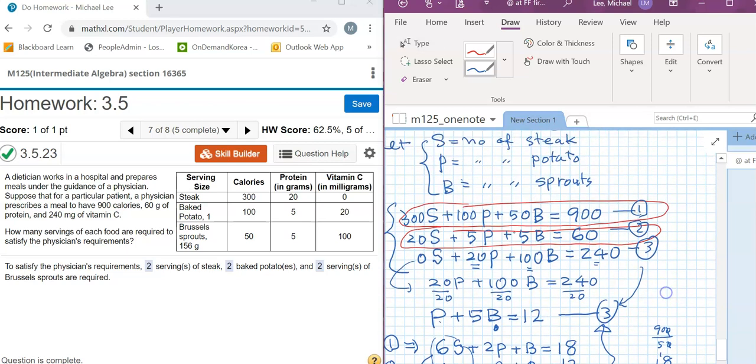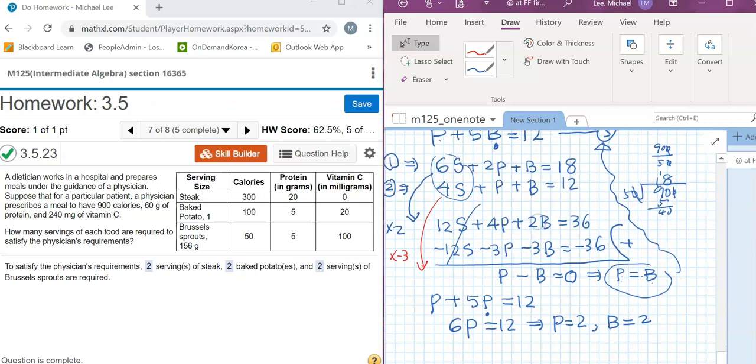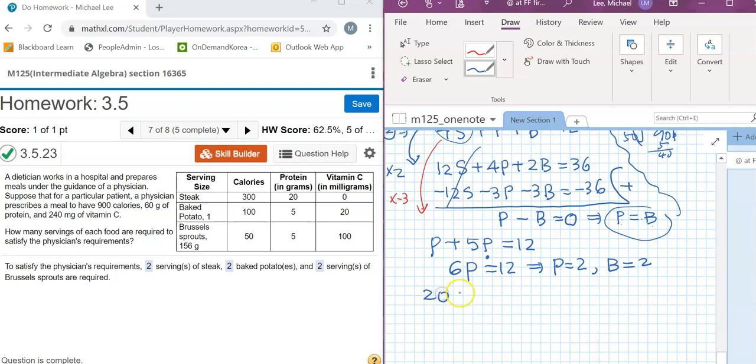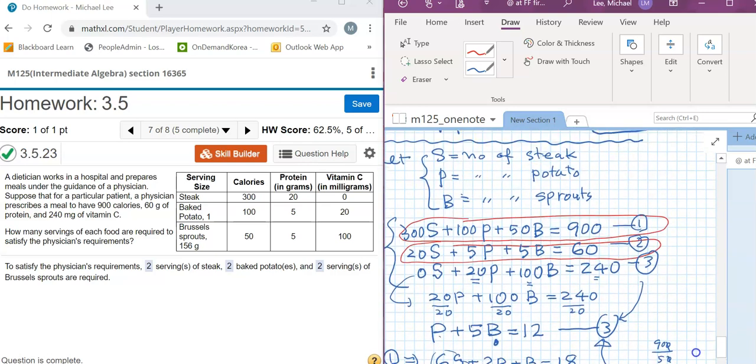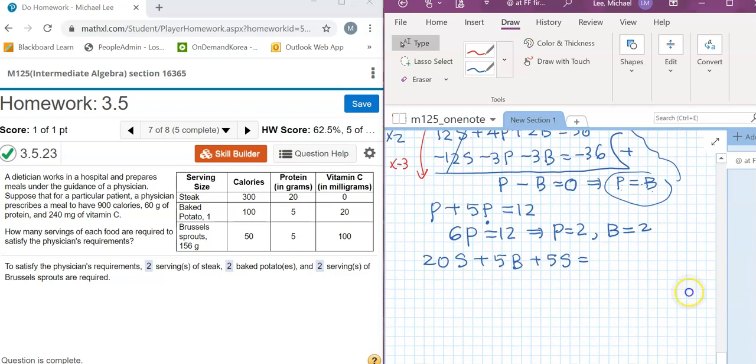You can go to the original expression, the first one. How about I go to number 2: 20S plus 5P plus 5B equals 60. This is 60. But what is P? P is 2. So 20S plus 5 times 2 plus 5 times